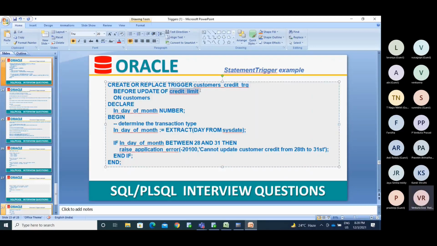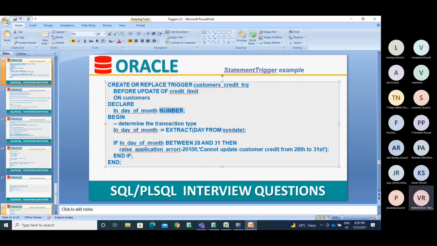So I'm checking for that credit limit updation. I can change my name, I can change my customer address, anything, but not the credit limit, not the salary column. So for that I will use the of credit limit on the customer table. I'm declaring a variable v_day_of_month with the number keyword.